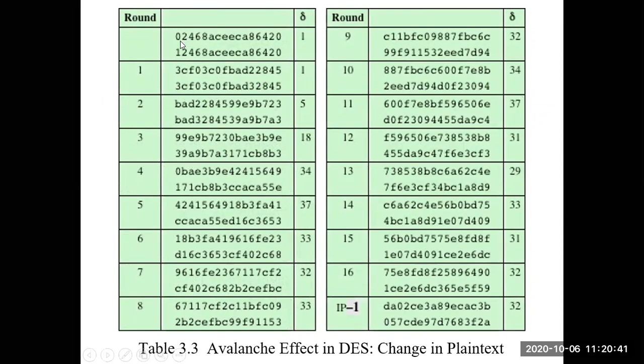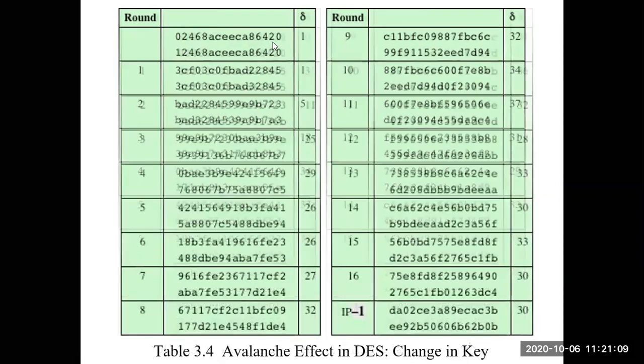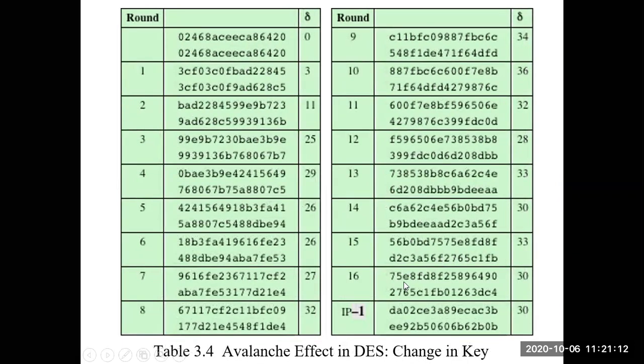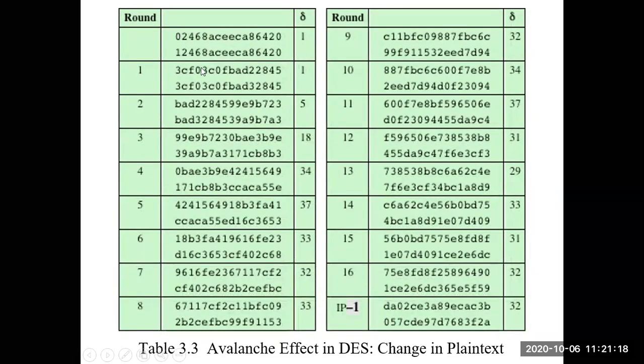So you see here, we have shown in this example, this was the plain text, okay, and this was the key, we have changed the key by 1 bit. So we have introduced a change in key by 1 bit, but at the end of 16 rounds, you see the ciphertext which was generated in the previous case and this case would have changed from each other by 32 bits. So a single bit key change will produce what? 32-bit. In this case, we have changed the plain text by 1 bit. You got 32-bit change in the ciphertext.